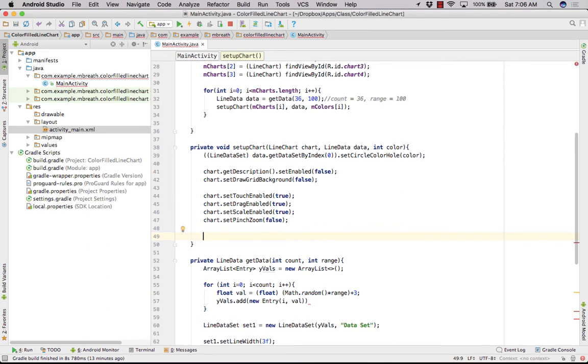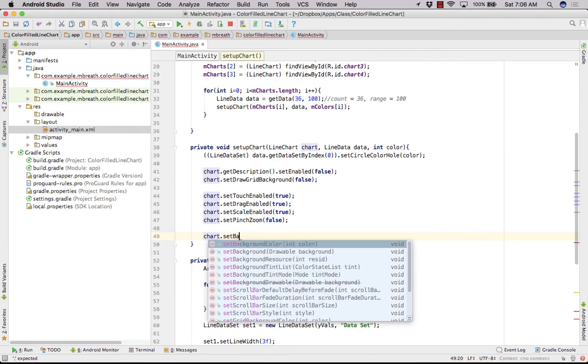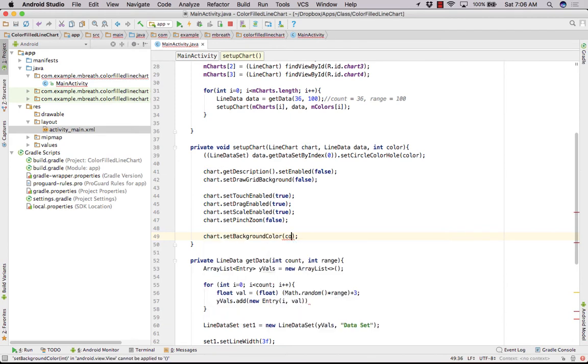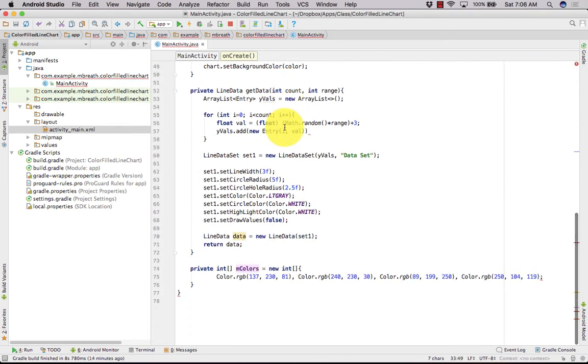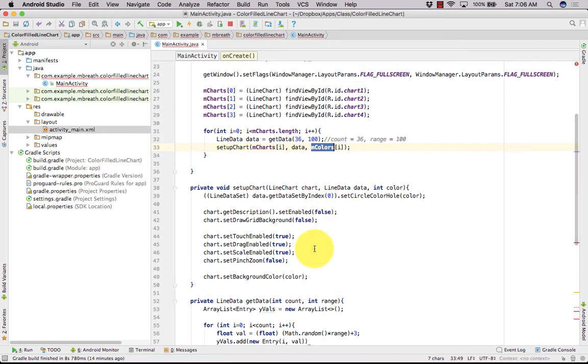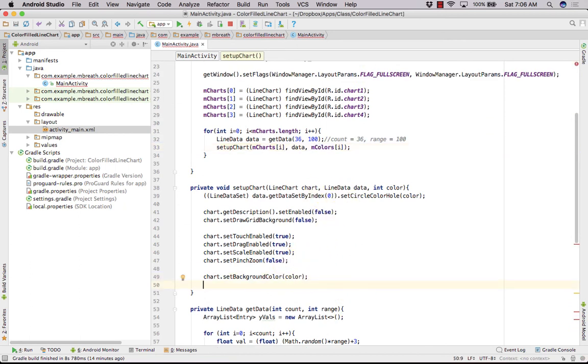Okay, now let's set a background color of each chart. So we can set the background color, and that color would be passed here. So see here, color I would be passed here, and from this array. So where is the array? Color array is here, right? So those colors would be passed here. After this set background color,